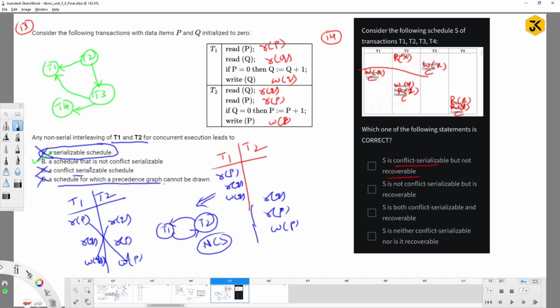What about this one? T1, write of x followed by T1 to T4, right? T1 to T4, that's it. What about write of y? T2 to T4. T2 to T4, Z no problem, and this is no problem, right? Finally, does it contain a loop? I think there is no loop, right? As it does not have any loop, I can say that definitely it is going to be conflict serializable. So option B,